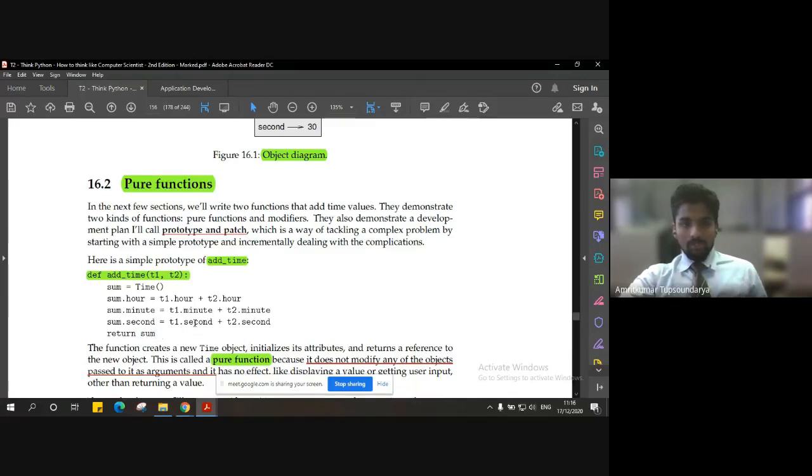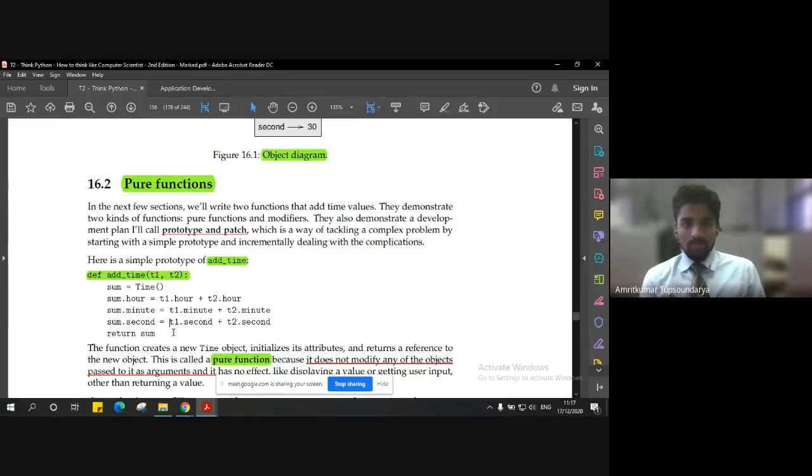Now this particular code that we have written is a simple function which performs the addition of two timings. It's a pure function, right? It takes a value as an argument, as input. It processes it, that is, it computes the sum, and then ultimately gives you the output, which is the sum of these two times.